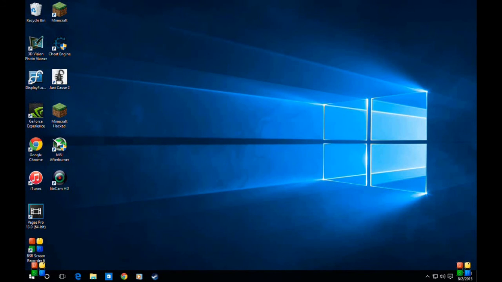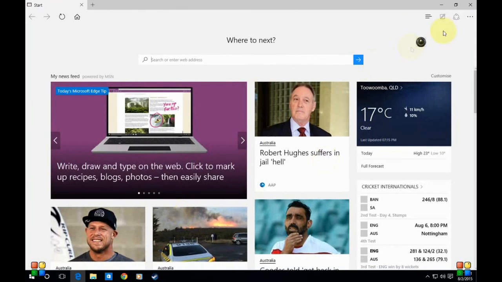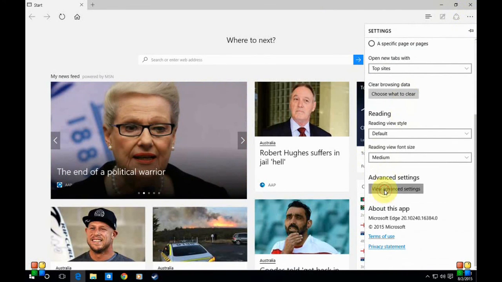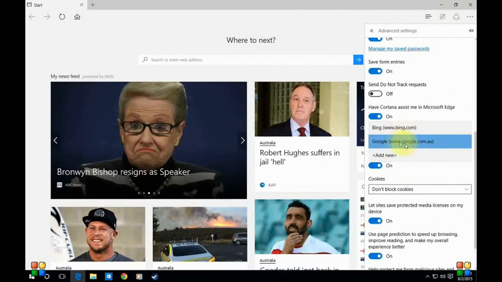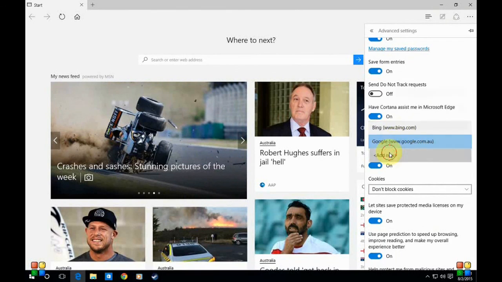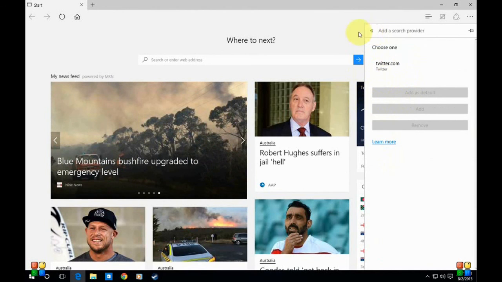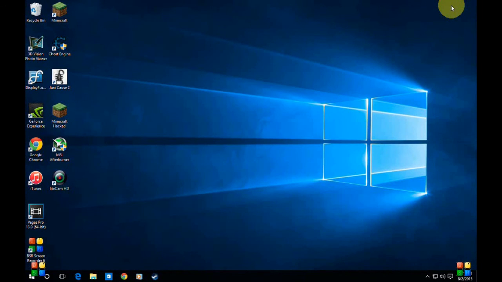Another thing, before I go, another thing a lot of people have trouble with is changing the search engine on Microsoft Edge. It's quite simple. All you need to do is open Microsoft Edge, click this contextual menu here, settings, scroll down until you see advanced settings, scroll down until you see your search engine, and change it. It only has Bing by default, so you have to click add new, and then you need to choose Google, and then add as default, and you'll be fine. It does have it listed, but I've already added it. Other than that, good operating